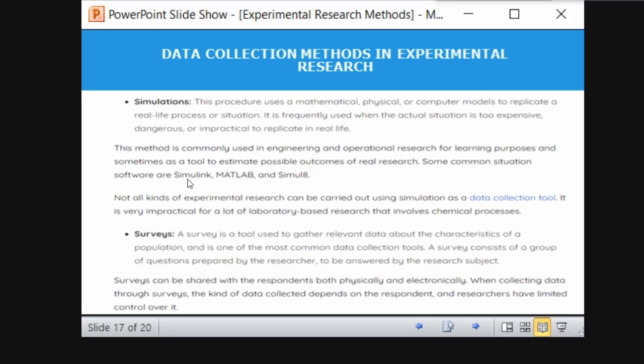Simulation. Simulation is where you are creating an artificial environment like a real life environment. For example, if you have attended driving school, car driving classes, most of them have a simulated car, a simulated environment. That means you will not be driving a real car, but you will be driving a simulator which will look like a real car, like a video game with all the traffic conditions and everything. You will be in a room sitting in the simulator. The steering and gear and everything will be there, but you are not on the road actually. You will be driving the car.